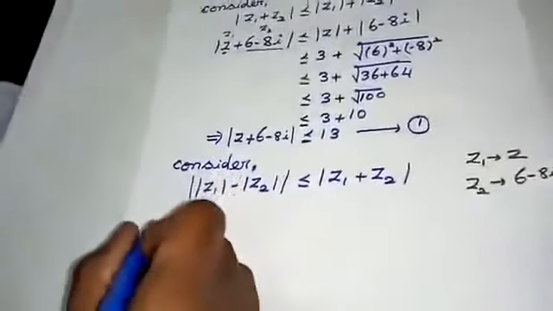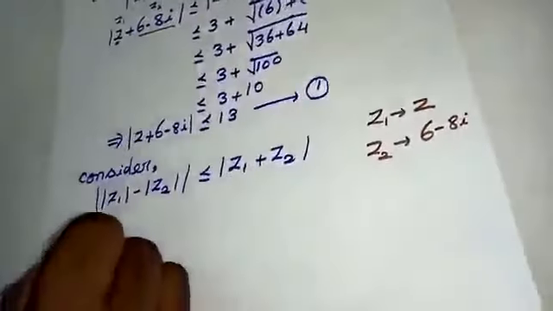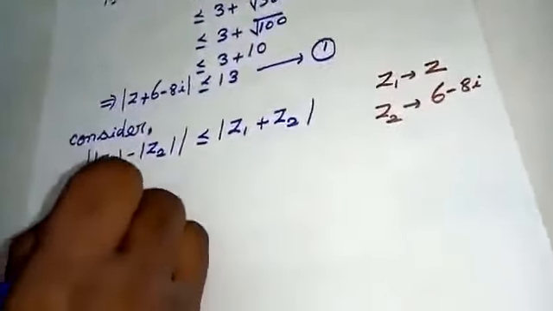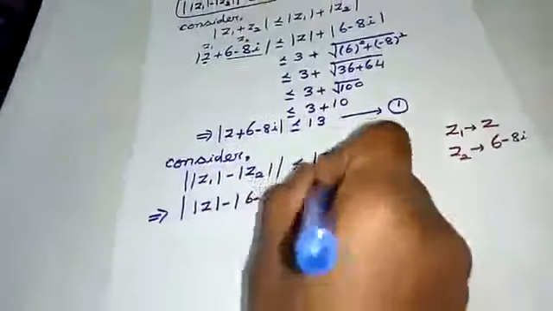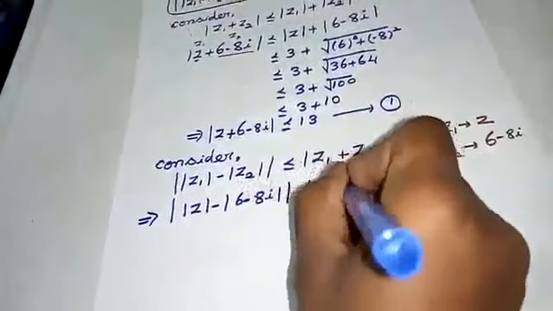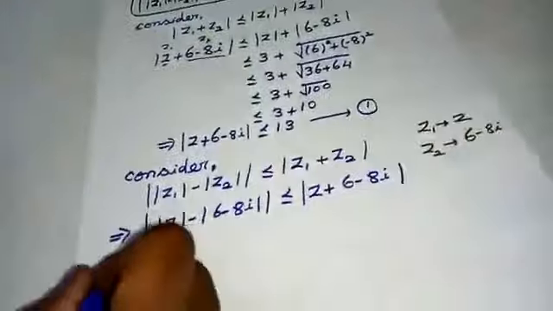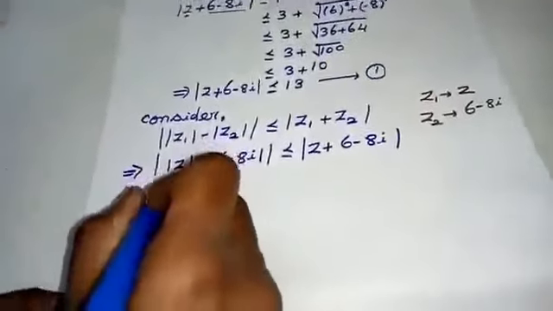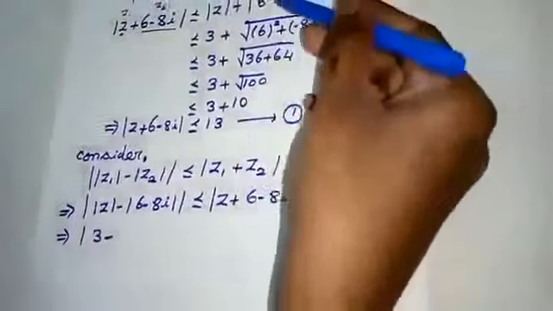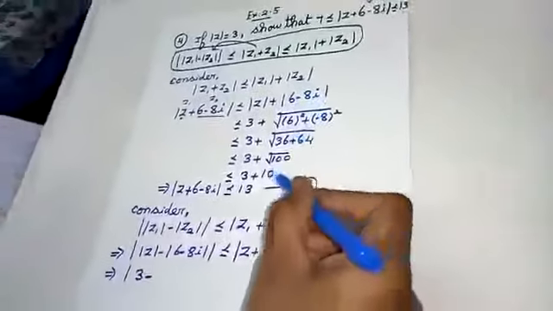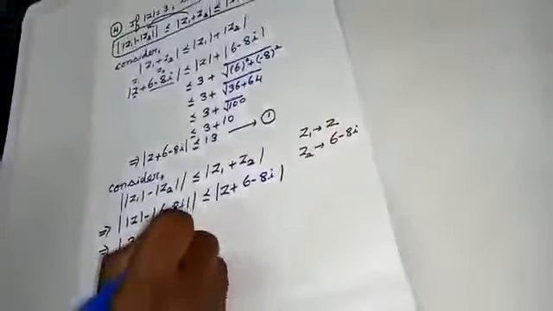Just see here, I will do it in a simple step. Modulus of z minus modulus of 6 minus 8i is less than or equal to modulus of z plus 6 minus 8i, which is nothing but modulus of z, 3, minus. Now I calculated: what is the answer I am getting for modulus of 6 minus 8i, students? I am getting the value as 10, which is nothing but 10 is less than or equal to modulus of